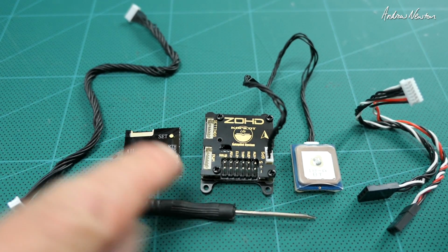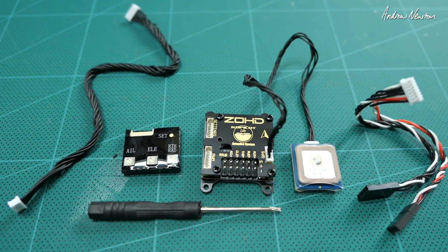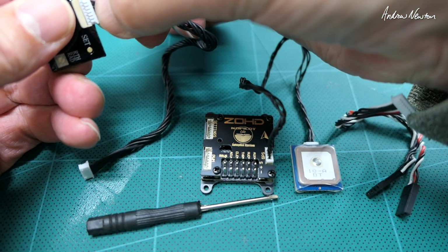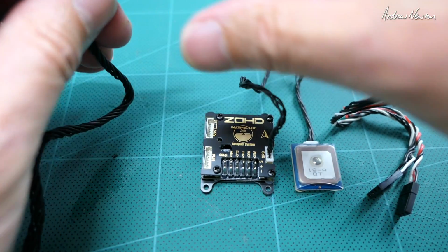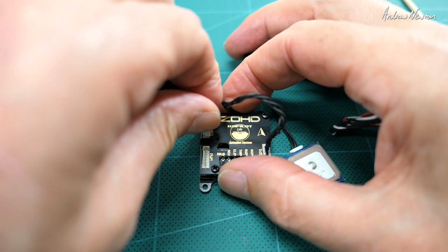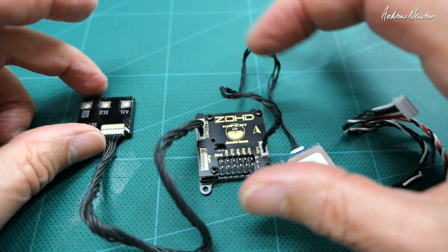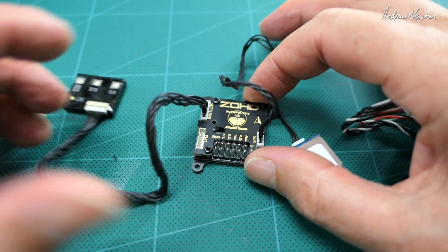We also get the little adjustment board and a little screwdriver for adjusting the little pots. The adjustment board is used for setting up what sort of plane you're flying, like a flying wing or a V-tail or a conventional T-tail plane. Just plugs in using that cable like that. You only use this for setting up. You don't need to keep it connected once it's all done, so you can save a bit of weight by